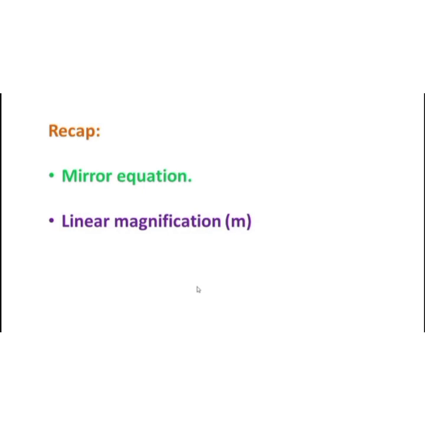And we studied about the linear magnification. Linear magnification M means M is equal to hi by ho. Magnification produced by a spherical mirror gives how many times the image of an object is magnified with respect to the real size of the object. And we know the other formula M equal to minus V by U. A negative sign in the value of magnification indicates the image is real. Suppose a positive sign, it means the image is virtual.